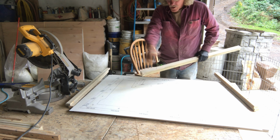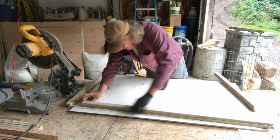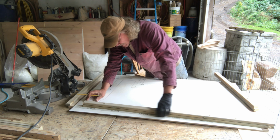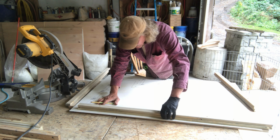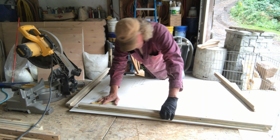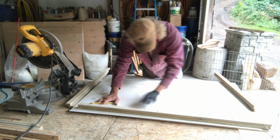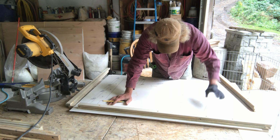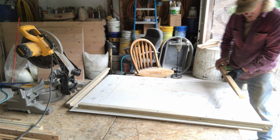Okay, I'm cutting the forms that'll form the rubber, keep it straight, nice, and I'm just starting out with some 1x3s, and I'm going to cut 2 of each because each pattern is identical. So just getting it on the line, getting it to where I know it's long enough. And I just cut the angles on this. I had it cheated, and I thought, well, I better get this